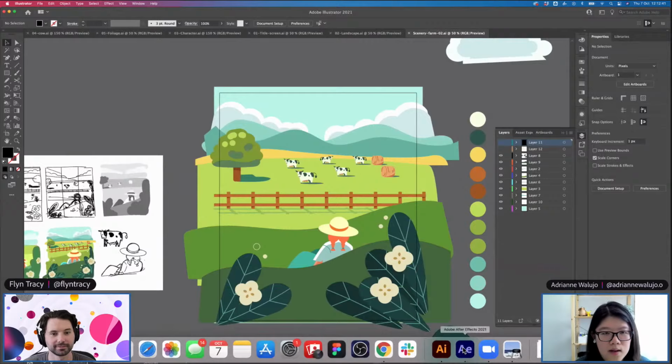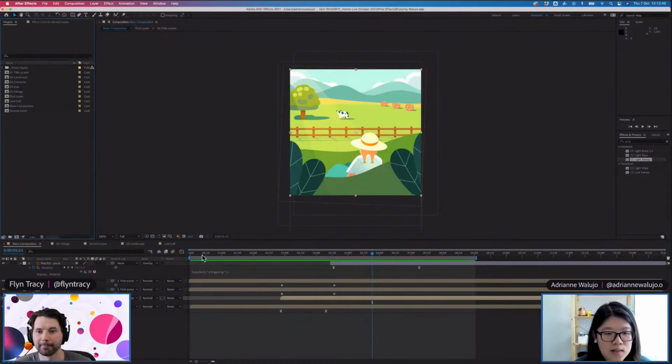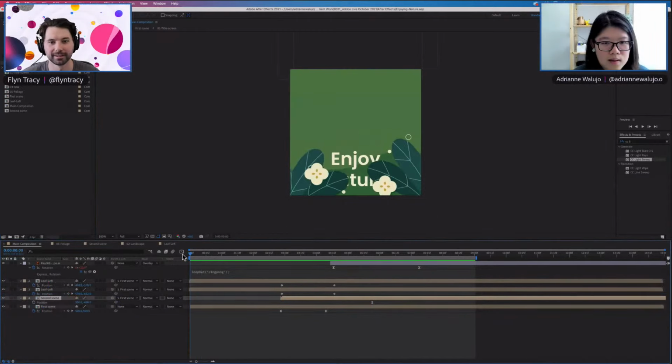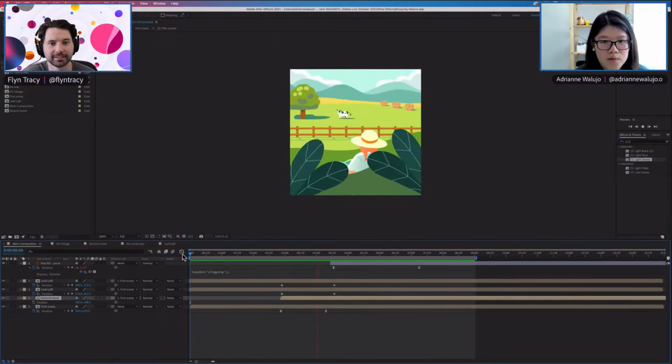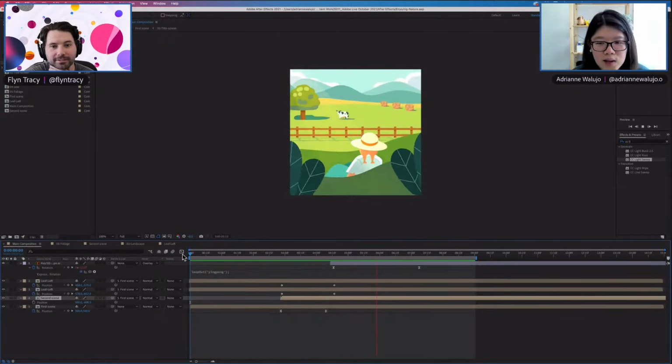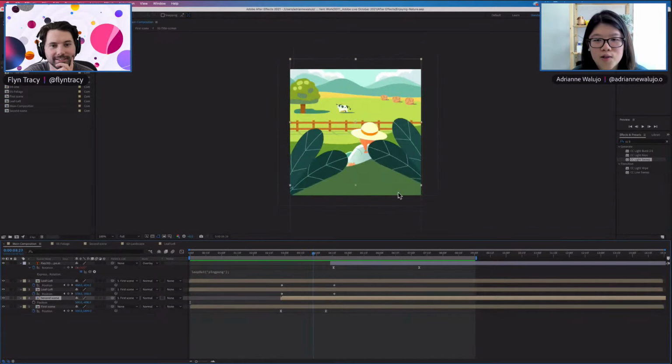I've done a bit of groundwork, and this is what I'm going to play. So that's the effect we're doing. I haven't finished because there's only one cow, and there are no flowers here.